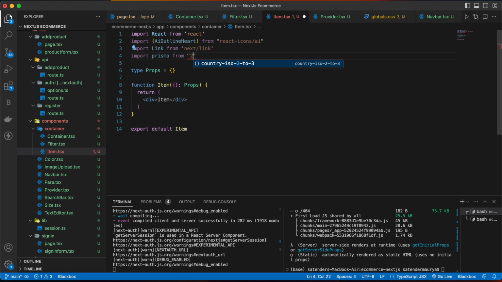Let's provide href, and it will point to /filters and give a class name of w-60. Now below this link, make one more div with the class name of px-20. Inside that write item component. Now we are going to make this component in the container, and we are going to make these two components in the container folder.